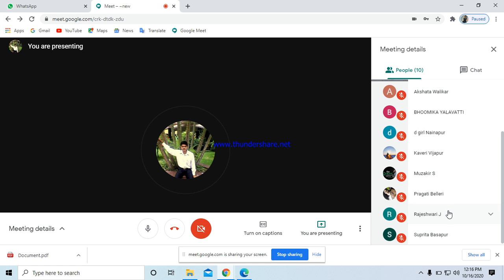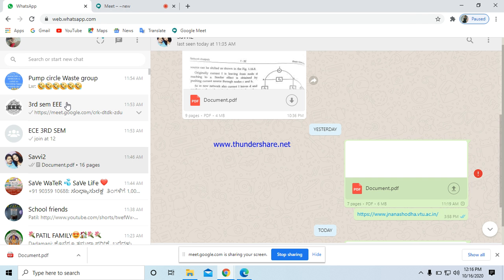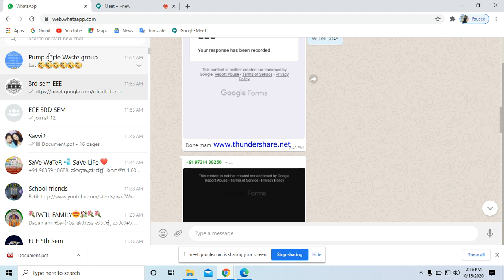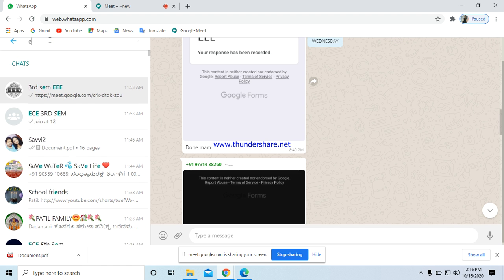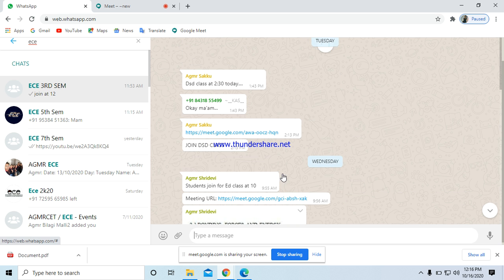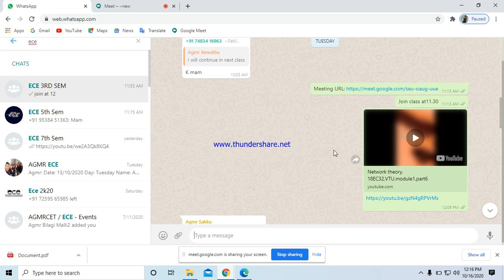Or directly you can apply it. What current source into voltage source into current source. So, okay, you can observe in our class WhatsApp group I shared that video. For EC also I have shared that same thing. In the EC third sem group also I have shared that. You can observe that. I will play that video.